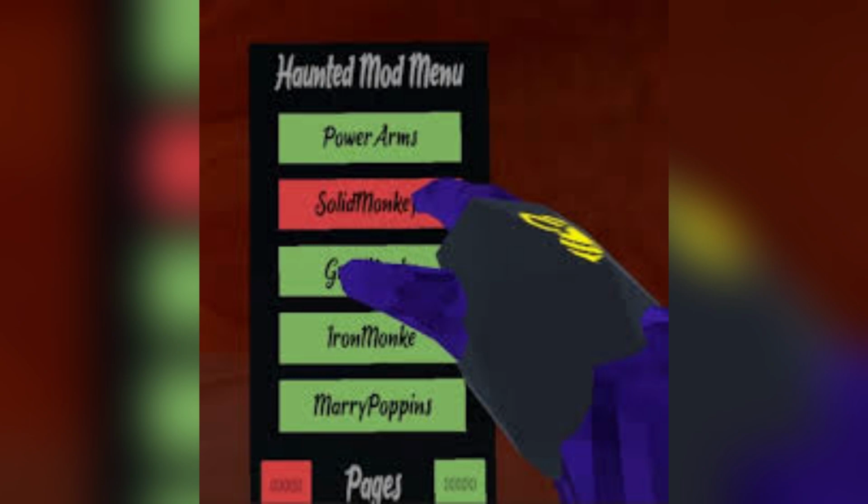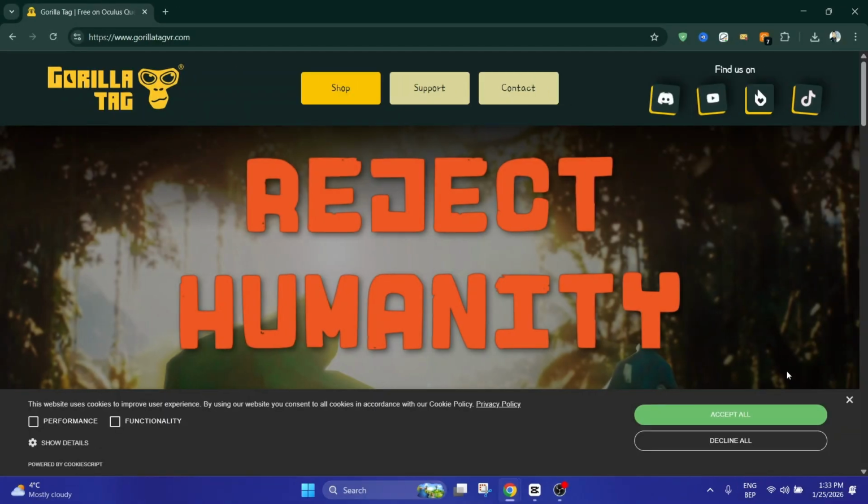If it's installed correctly, a mod menu or mod loader message will appear. Mods should work immediately. And that's it, guys, as